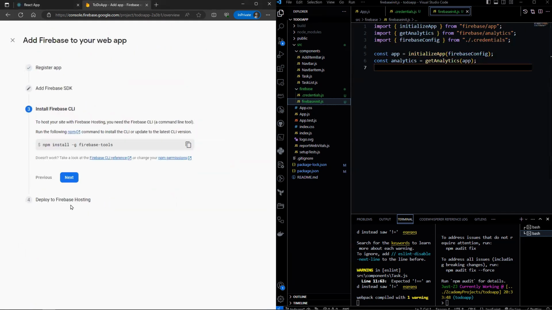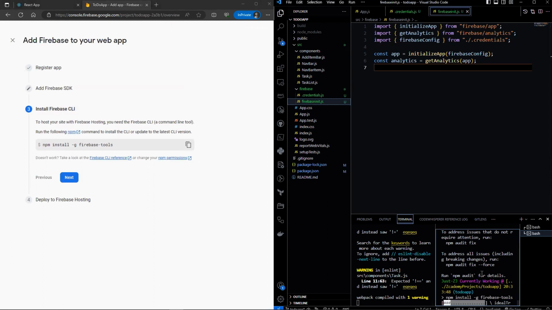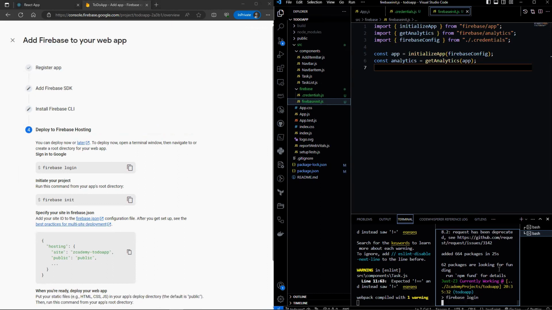Next, let's install Firebase tools. Now let's log into Firebase. So it says here that I am already logged in, but in other cases, it would redirect you to the web browser and you have to log in from there. Let's do firebase init.